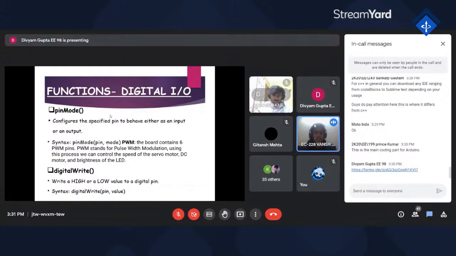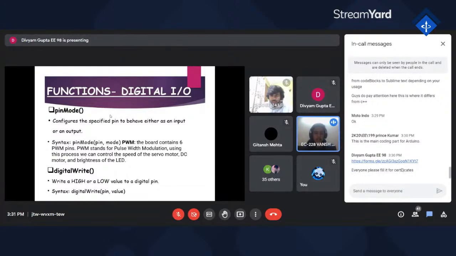इसका syntax क्या होता है? You just write pin mode in the bracket, pin की value. If you use the pin number, let's say I'm using the 13, then 13 comma mode, कि हम कैसे use कर रहे हैं, whether it's input or output. ठीक. Digital write. Digital write, it basically writes a high or a low value to the digital pin, कि ये high होगा या low होगा. राइट, इट्स अस कि हमेशा हाई रख रहे हैं. तो बेसिकली इसका सिंटेक्स क्या होता है? डिजिटल राइट, पिन नंबर हमने डिफाइन कर दिया है और इसकी वैल्यू क्या होगी? वैल्यू हम इसकी हाई रखेंगे.